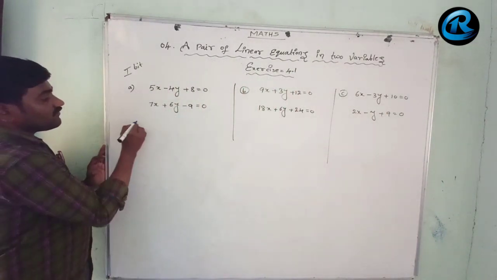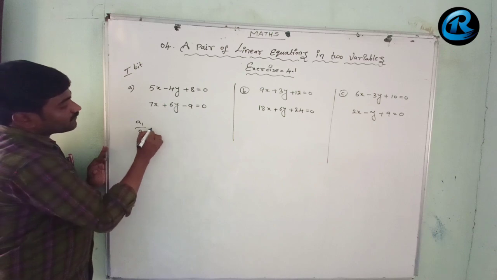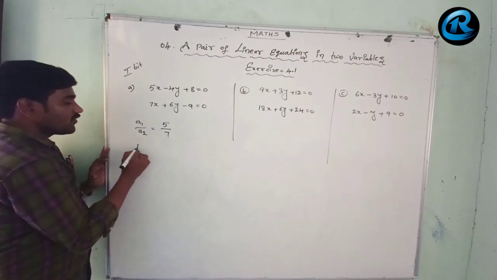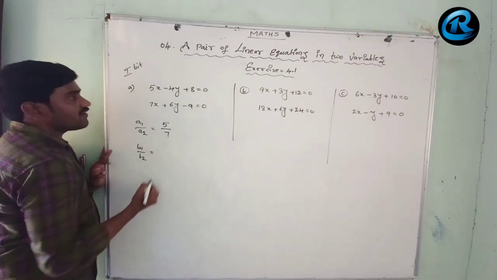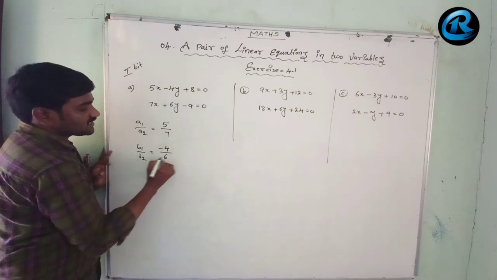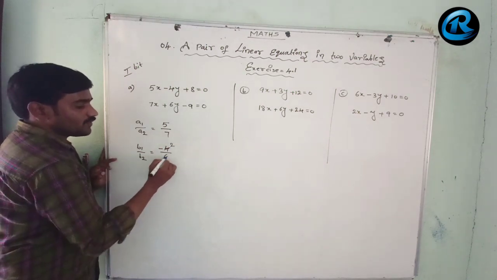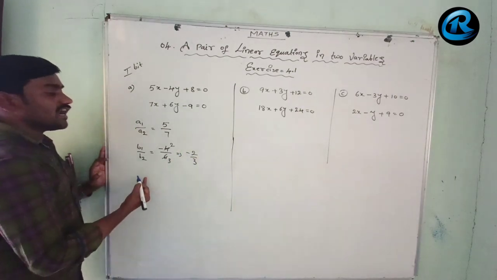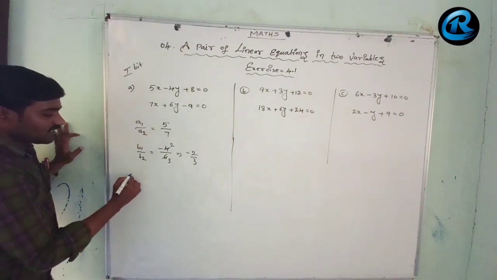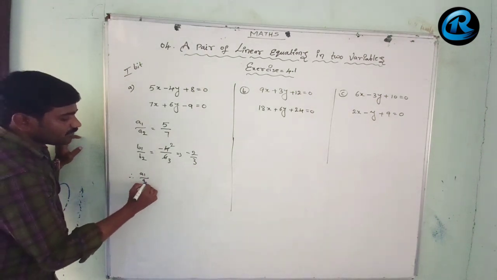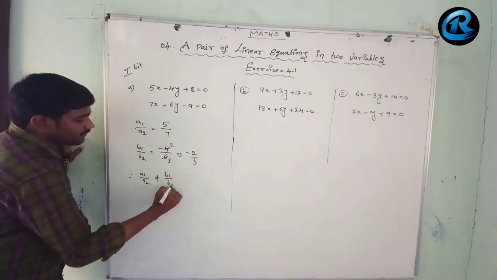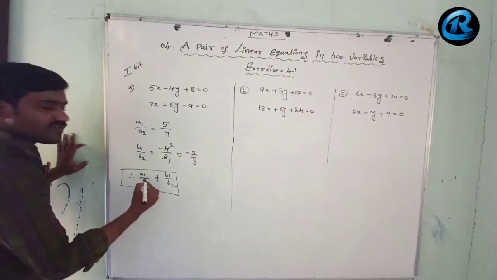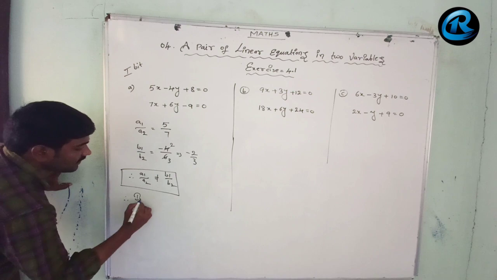Okay. Here we write, first of all we will find the a1 by a2 ratio. a1 is 5 here, a2 is 7. Then we go for b1 by b2. b1 by b2 is minus 4 by 6. It can be cancelled: 2 2s are 4, 2 3s are 6. That is equal to minus 2 by 3. Here itself you stop, because we need not go for c1 by c2; directly we can say here a1 by a2 is not equal to b1 by b2. If a1 by a2 is not equal to b1 by b2, as you know, what kind of graph will you get?